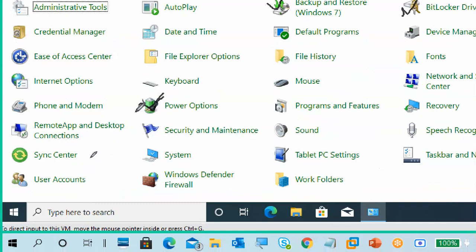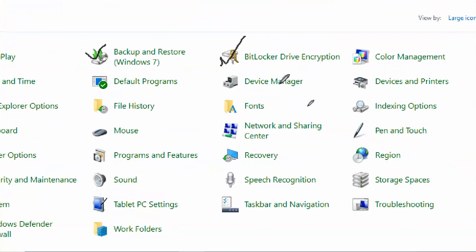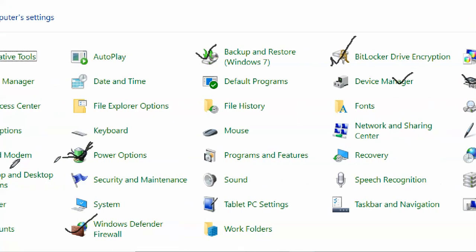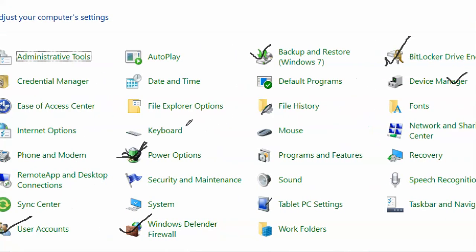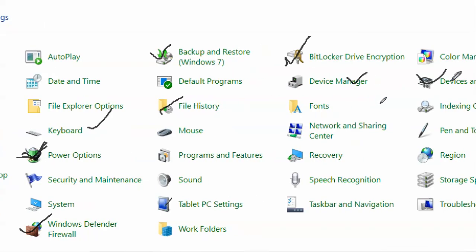Definitely, I will tell the power options. Windows Defender, user management is based here. Okay, so remaining things, Device Manager like this. This is Devices and Printers, File History. I will show you, but you have to go one by one and look at each one. What is this option? What is this option? Like that.